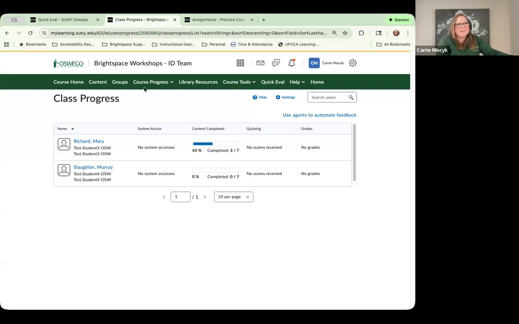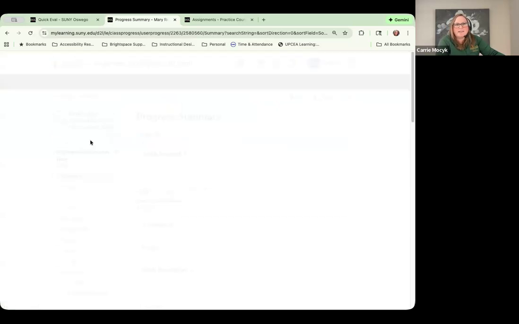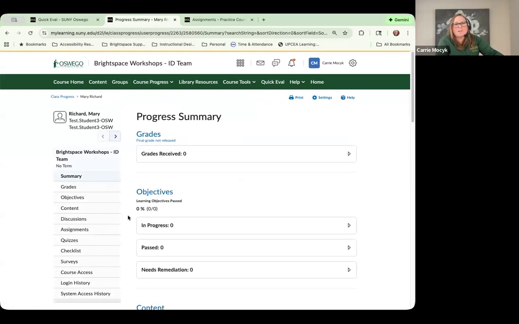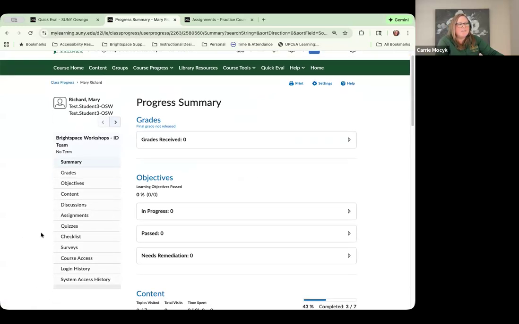And that's why we want to send everyone over to class progress, or I think for them, it's my progress. But for you, what happens is when you click on class progress and you click into the first student's name, from this point on, you are seeing what the students see. And so let's say you have a quiz and you wanted to share some feedback with them, but you weren't sure